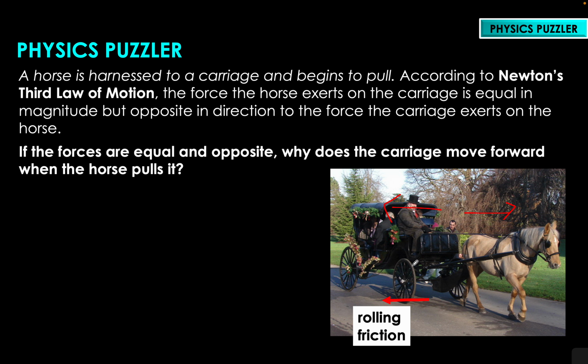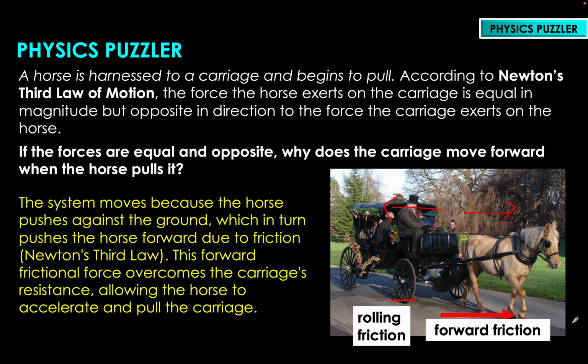And that rolling friction is actually pretty low because the surface in contact between the wheels and the floor is very minimal, because wheels are round, obviously. So it's easy to overcome. As long as the horse gives a good kick or a good push against the ground that is projected backward, then that ground will be pushing the horse back in a forward direction. So, in short, the reason why the horse is able to pull the carriage forward is because the horse pushes